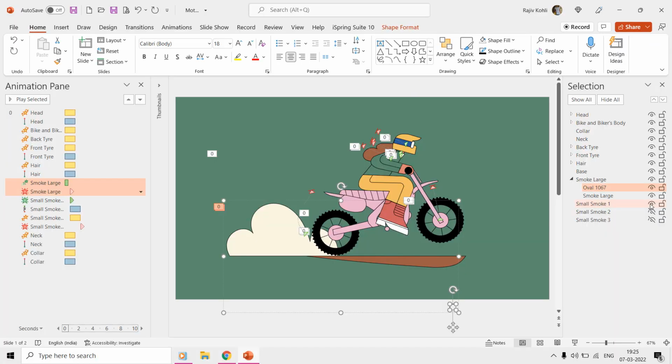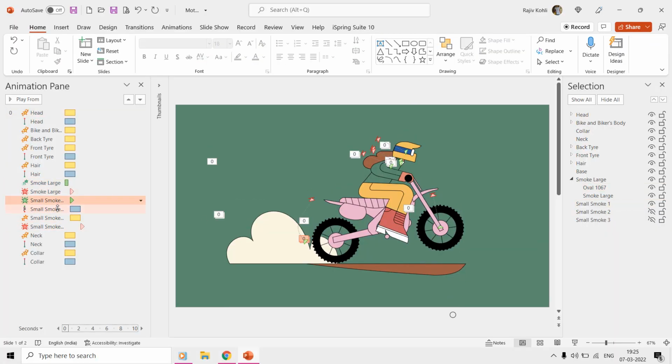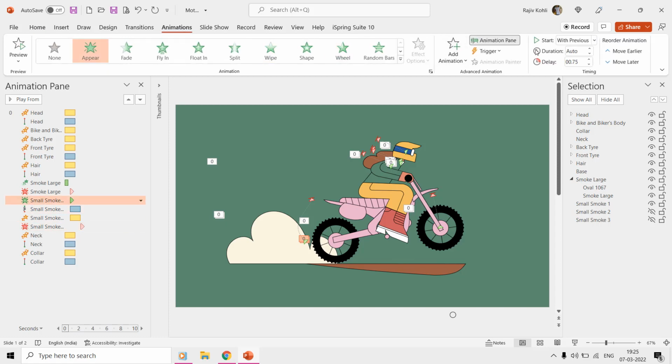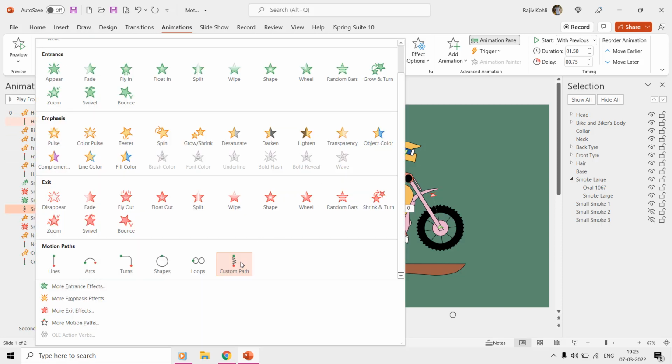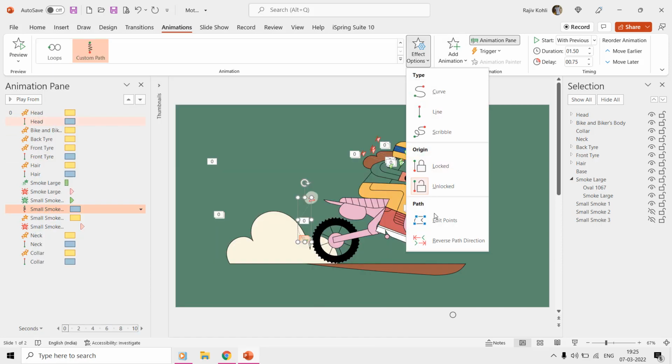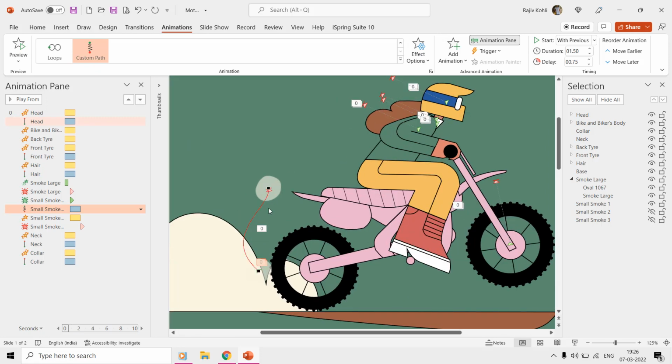On all 3 small smoke layers, we are using 4 animations: appear, custom motion path, grow shrink, and then disappear. We want the first small smoke layer to appear at a delay of 0.75 seconds, so we used the appear effect. Then we moved it using the custom motion path, and you can apply a custom motion path from the animation drop-down menu and can later customize the points through effect options.